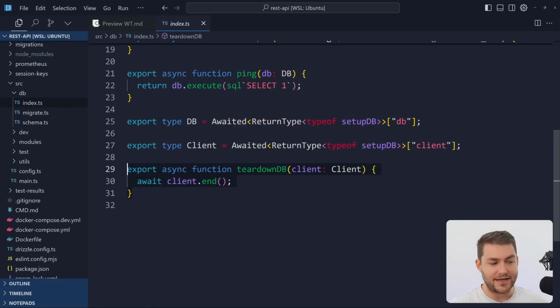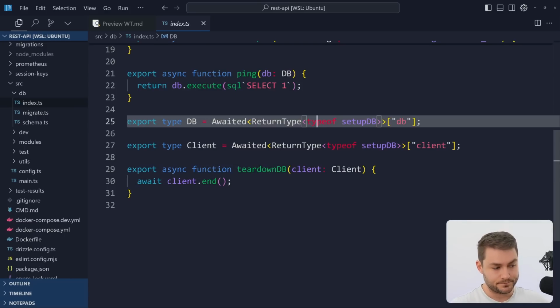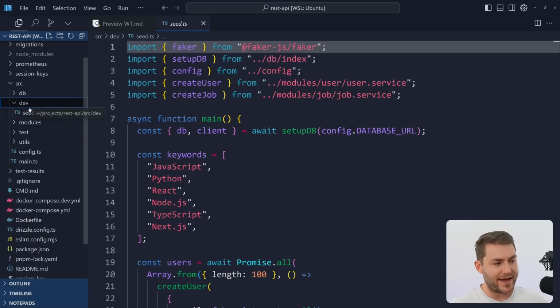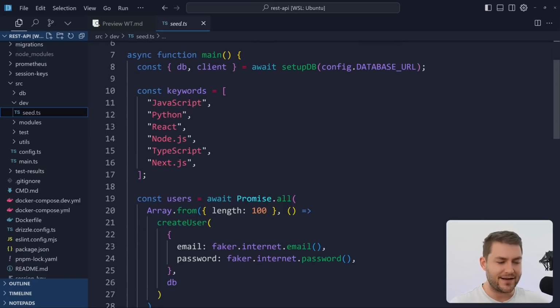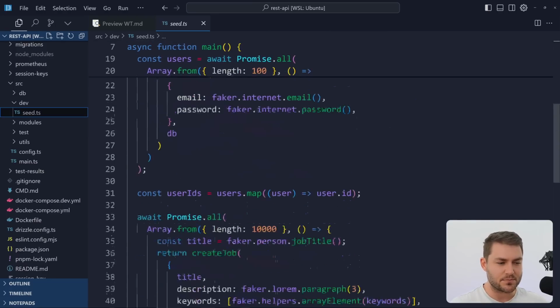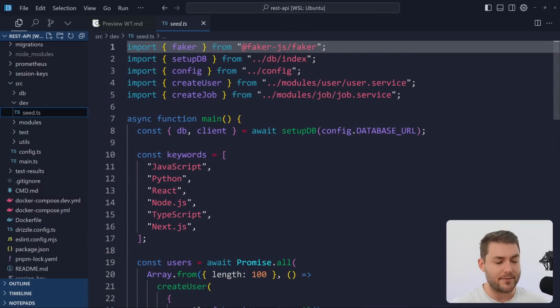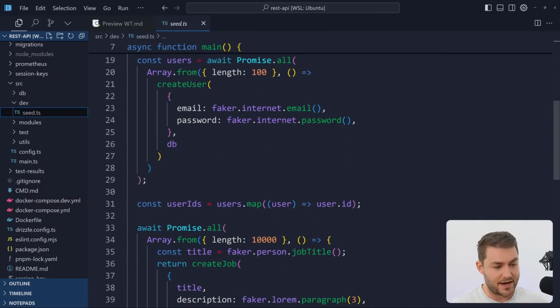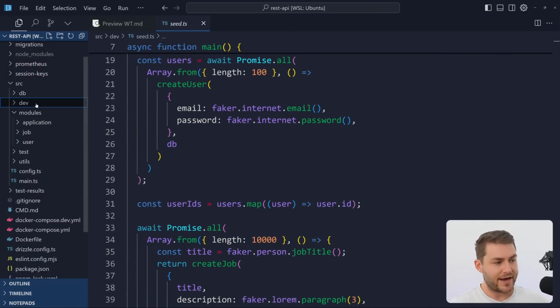And this is really handy for cleanup, just to make sure we don't have any connections hanging around. Okay, so next I have a dev, and this just has a seed in it. You don't really need to do this. This is just because I was playing around, but basically this is going to seed the database with a bunch of dummy data. Okay, so the next thing is the modules, and this is where we're going to be